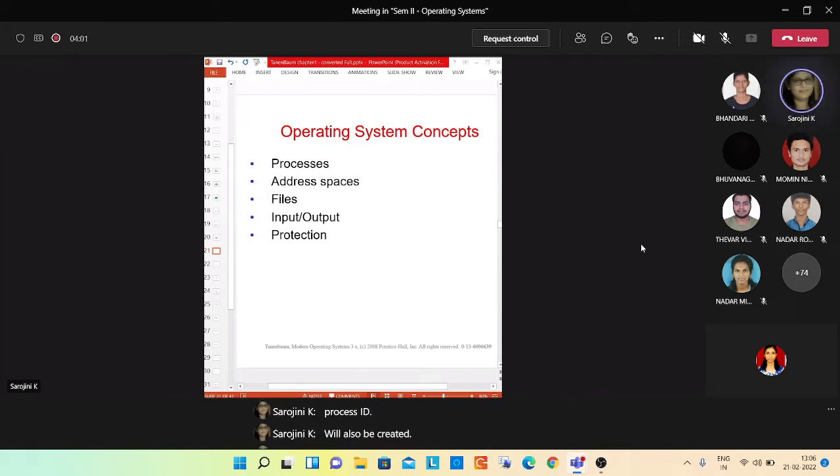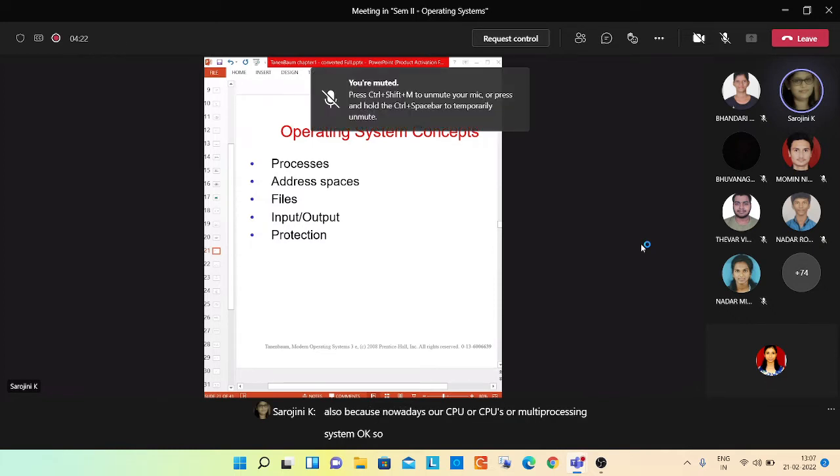Assume that currently there are 4 processes in execution. It is not necessary that only one process will be in execution at a time. There could be more than one process, because nowadays our CPUs are multiprocessing systems, so multiple processes can be executed at the same time.